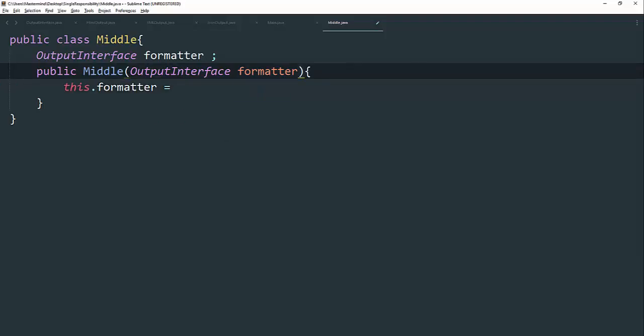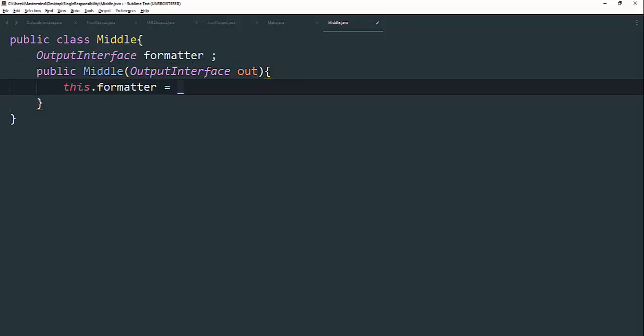The name of the formatter doesn't really matter. Just say, for example, out, and now you have this Middle class that has the formatter